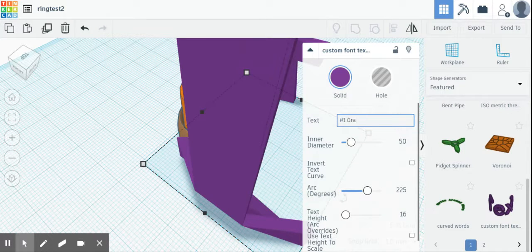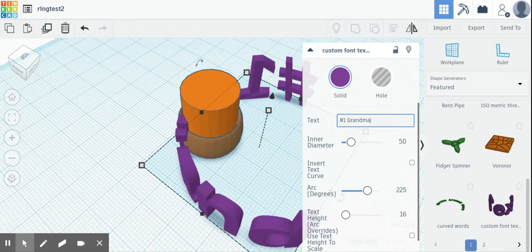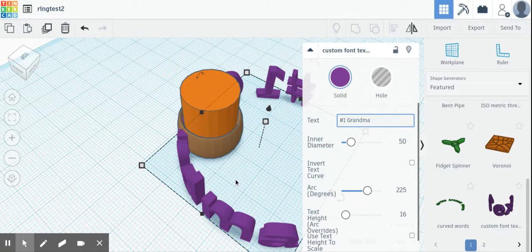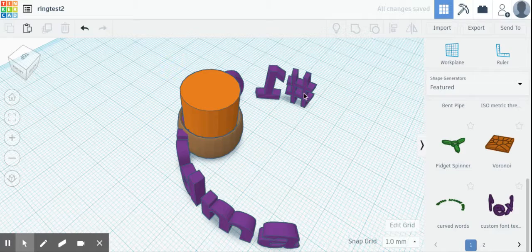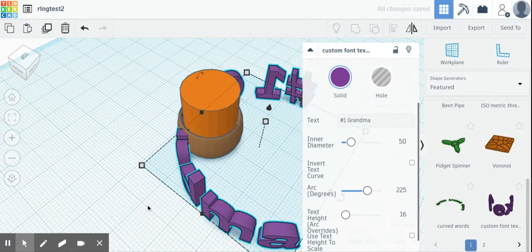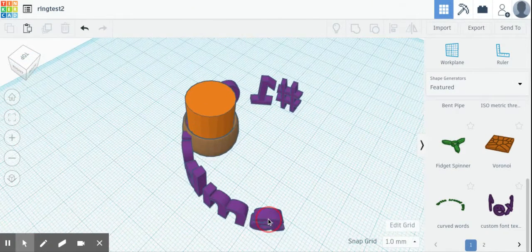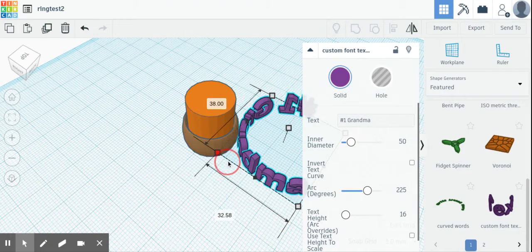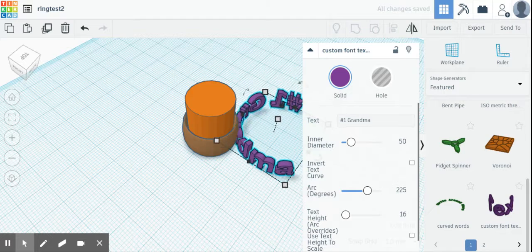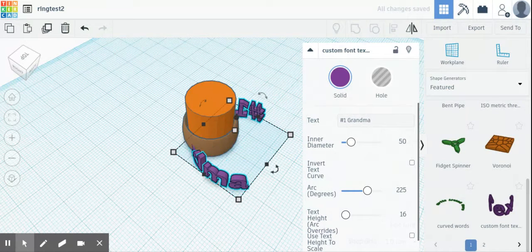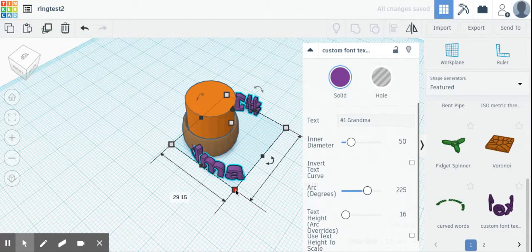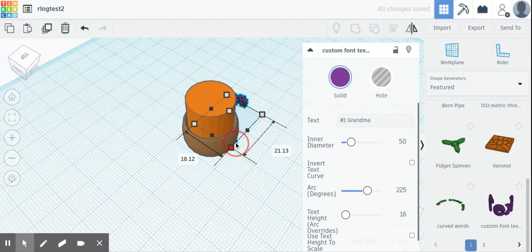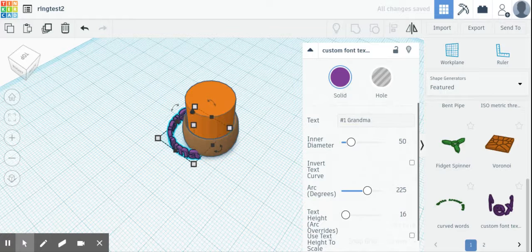Number one, grandma. And then you could adjust these things. You would want to just click and drag this stuff until it's about the right size and make sure that it's thick enough, etc. So I'm not going to go all the way through this process because I have a different idea, but